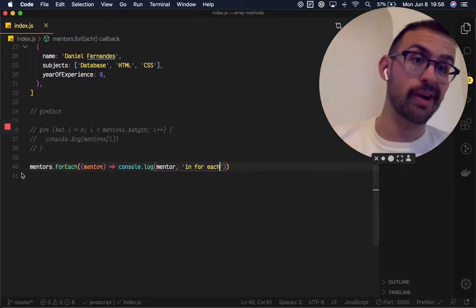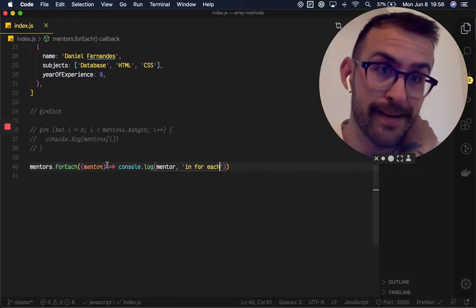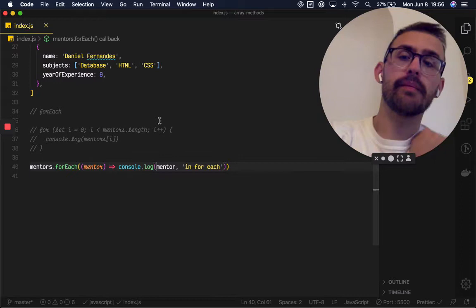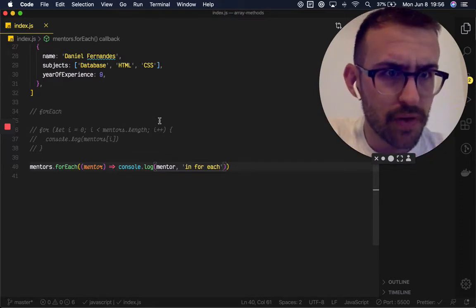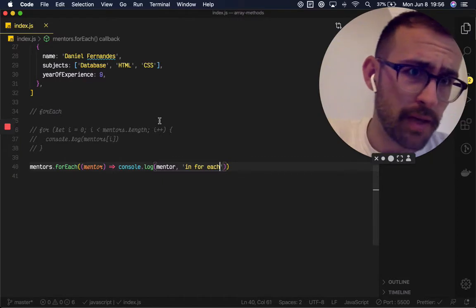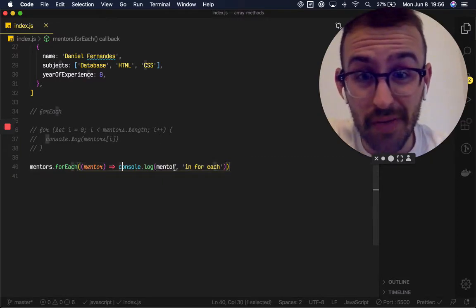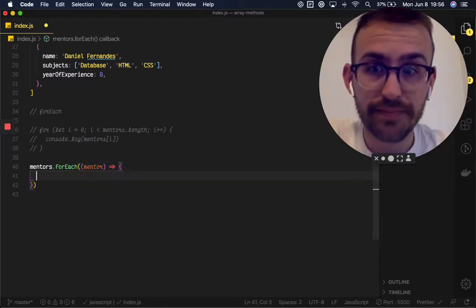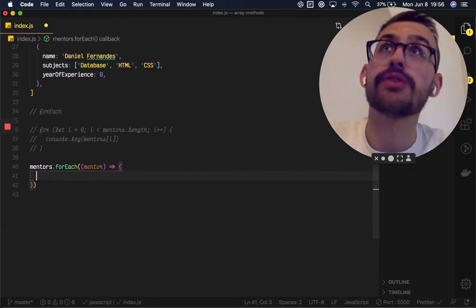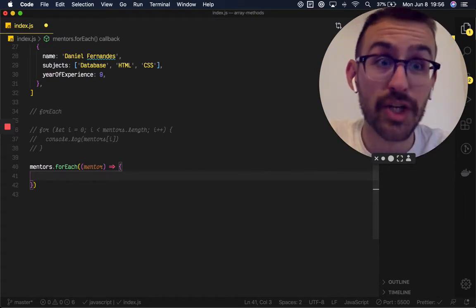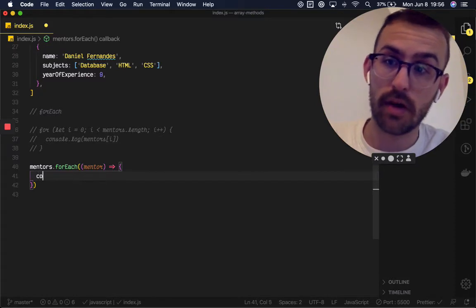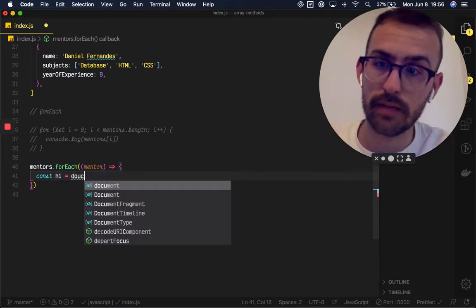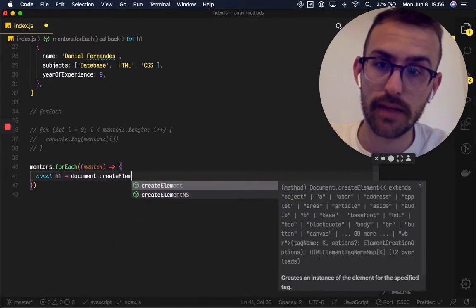Now, generally, you're not going to want to console.log something, though maybe for debugging you do, but this opens up quite a lot of opportunities for us in terms of writing really concise code if we want to manipulate the DOM. So maybe we could do something like this. Let's give ourselves some brackets here. So let's say for each mentor, let's create an h1 with their name. So we'll do const h1 equals document.createElement,